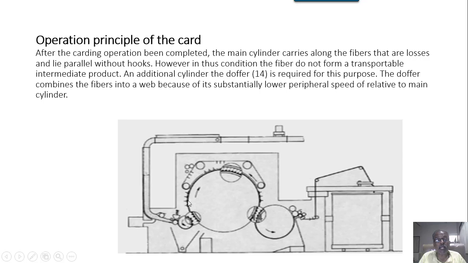They will slightly scratch, one can say tear apart or scratch, those fibers which are trying to go into the carding zone. And then once the carding is done, the segregated stage has nearly obtained the basic